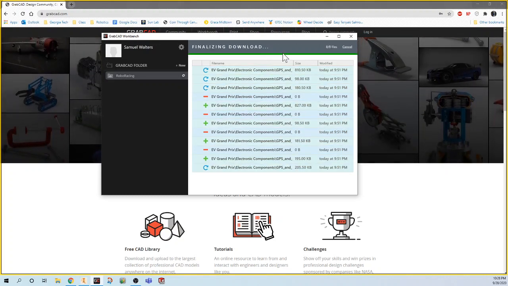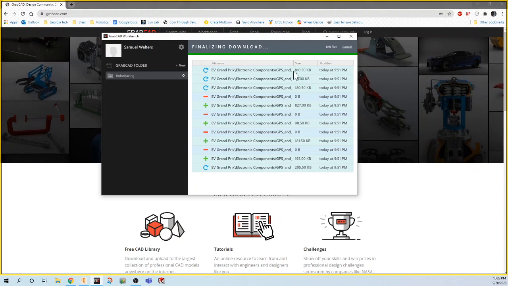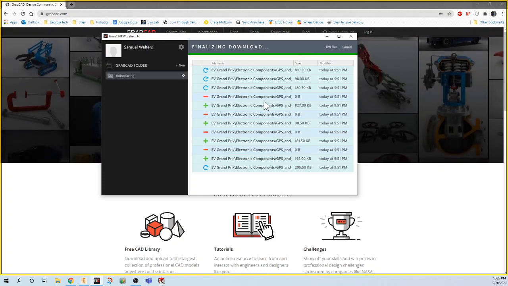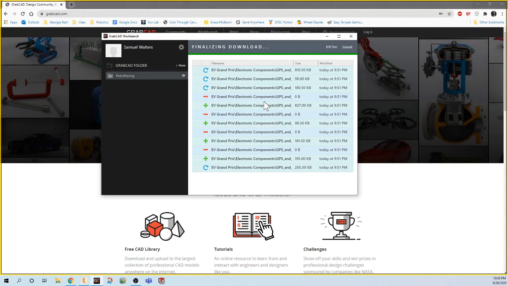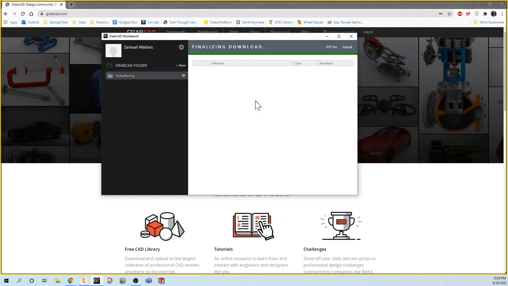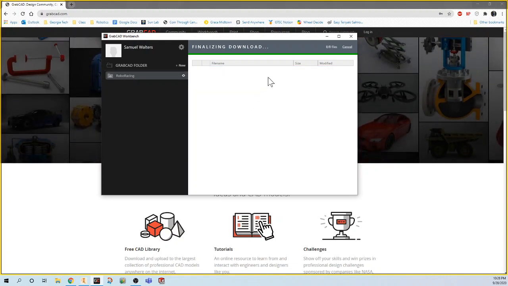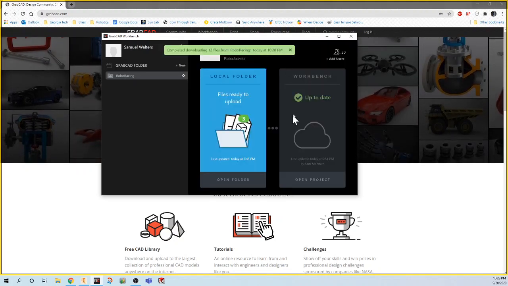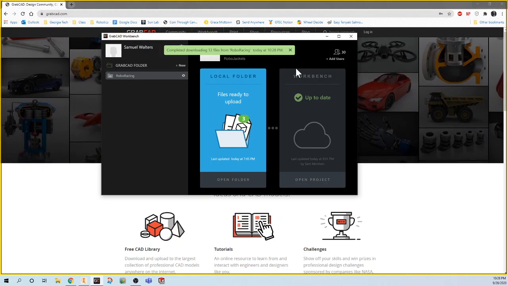But as soon as it's done, all of these will disappear and it'll tell you that you have finished downloading all of them. So we'll just wait for this to do that. Okay, they all disappeared, so it's just finalizing things, and now we're back to this main default